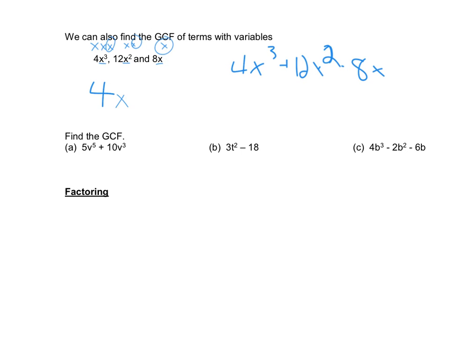Okay, so we have 5v to the 5th plus 10v to the 3rd. And our GCF on that is what? Alan? Just 5? Yeah. 5v. How many v's did the first one have? The first one has 5. So it's 5v to the 5th. So we have 5 v's there. How many v's on the second term? 3. So what's the most v's that we can pull out? 3 of them. So our GCF